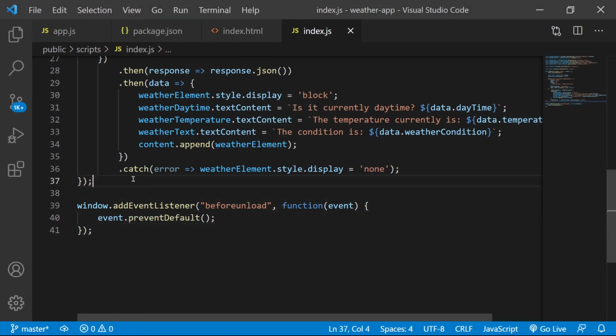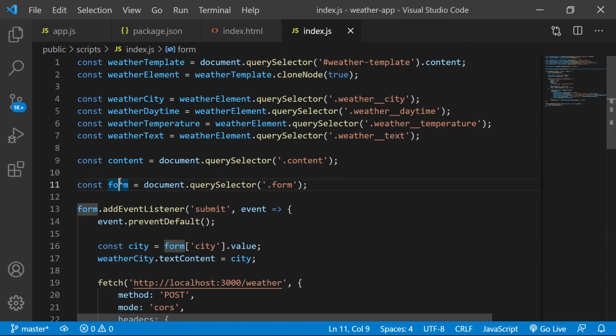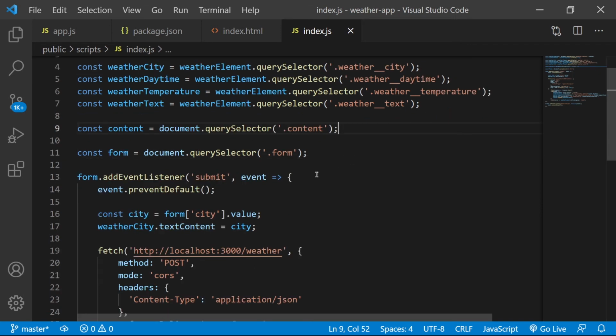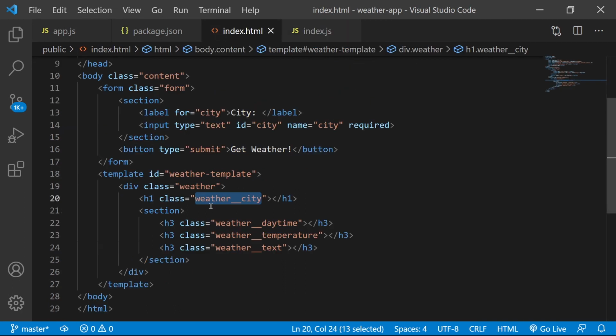Like I closed it, and I know that if I currently have something in the form, let's say if I've actually submitted a city, or maybe we can always just get it. It might be better to just get the input itself.